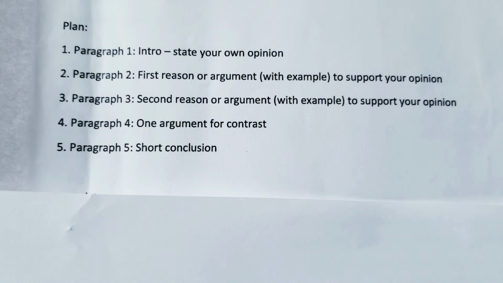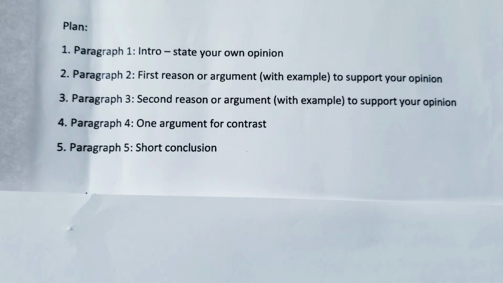Okay. And then we'll have one contrast opinion or other side of the argument. Say there are people who believe prison is the best punishment. Then you will give reason 1, why do you think so. You will write in paragraph 3 reason 2, why do you think prison is the best solution. And then in paragraph 4 you will write the other side of the argument. There are a significant number of people who think prison is not a good option. Then you will write why they think so and what the reasons behind it are. You will mention those reasons in paragraph 4, and then you will end your essay by writing a short